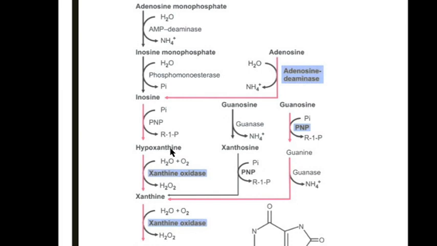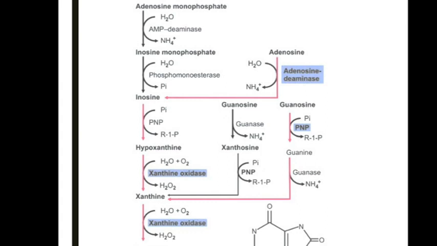Now this hypoxanthine is going to get converted to xanthine with the help of an enzyme called xanthine oxidase. Now, what is the peculiarity of this enzyme? When you look at this particular reaction, the water molecule and the oxygen are contributed here, going to give rise to formation of a reactive oxygen species called hydrogen peroxide. It is an endogenous production of free radical happening in this pathway, and this is going to be taken care of by the glutathione reductase system further. And this xanthine is going to get converted to uric acid, which is the end product of the purine degradation.